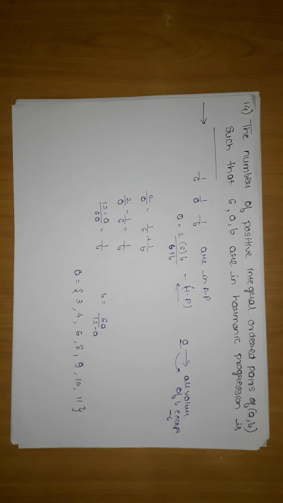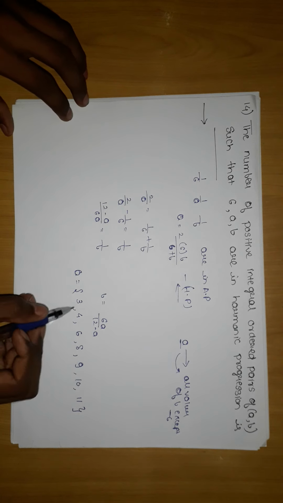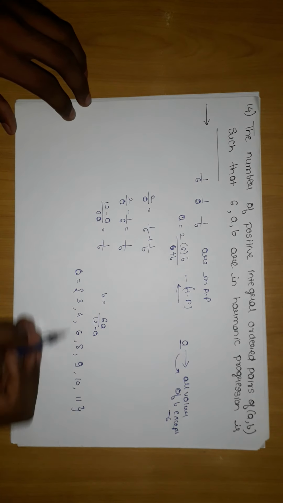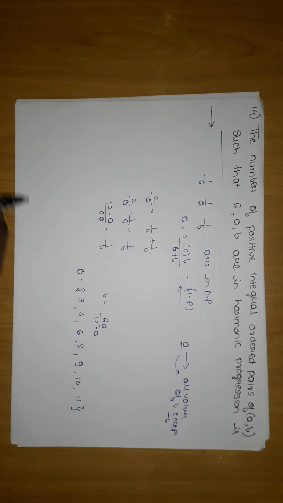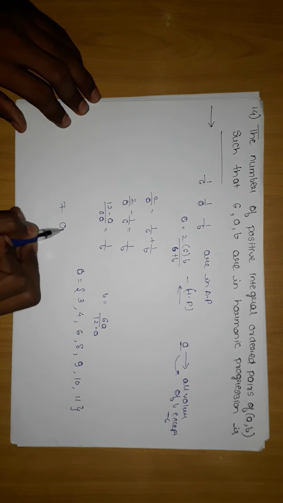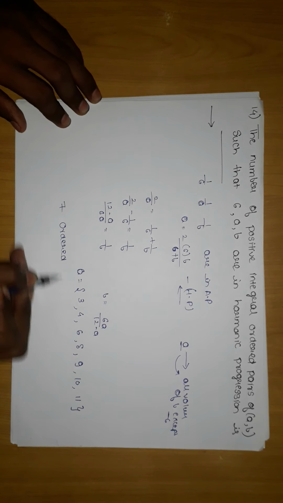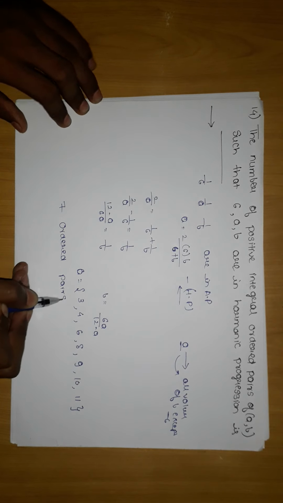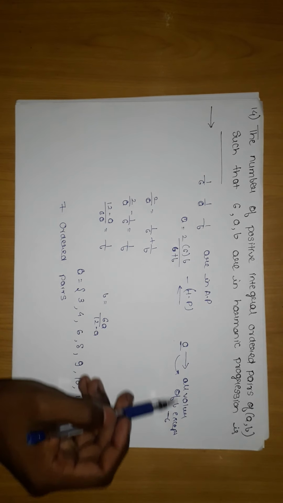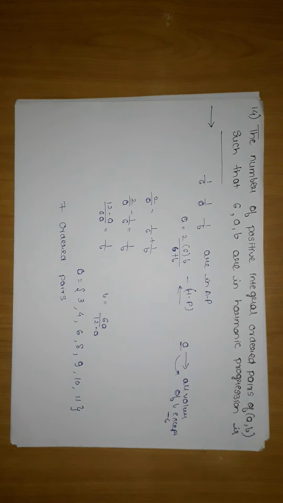So here I checked the dependence of b on a, which gives me a particular set of answers, because a has all the values. Okay, so this is nothing but a subset of a. So this will be my answer. So here 7 ordered pairs will be formed, because a is dependent on all values of x.